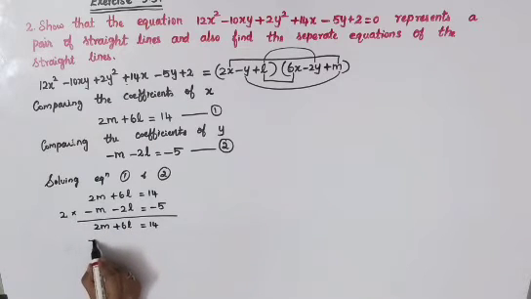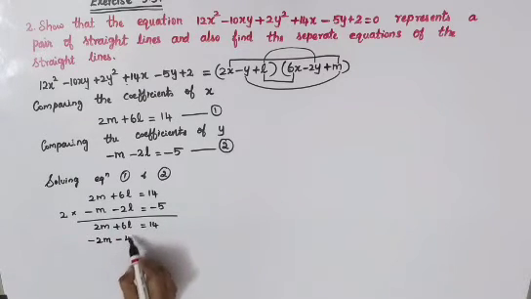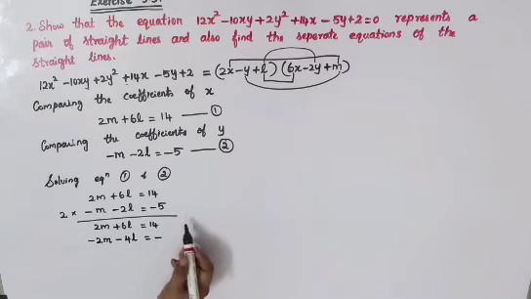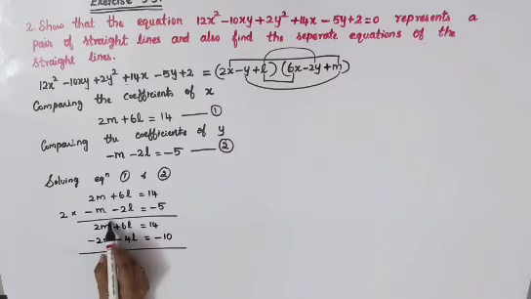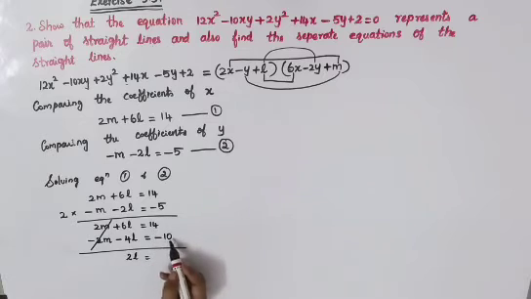Okay. So here minus 1 is there. So 2 into minus 1 you'll get minus 2m. And here minus, so I'll just give that minus as it is. 2 2s are 4, that L is there. So write that L as it is, which is equal to, again this minus is there as it is. 5 2s are 10. Now solving, already minus is there. So you can cancel that as it is. 6l minus 4l, you'll get 2l, which is equal to, here 14 minus 10, you'll get 4. Therefore your L is equal to 4 divided by 2, which is equal to 2. So your L is equal to 2.